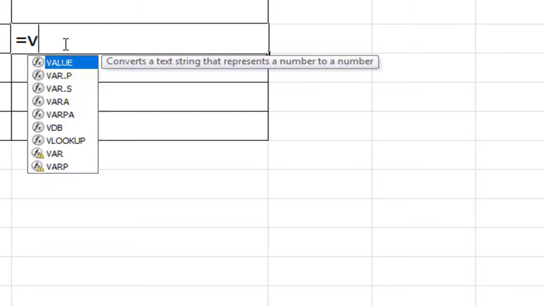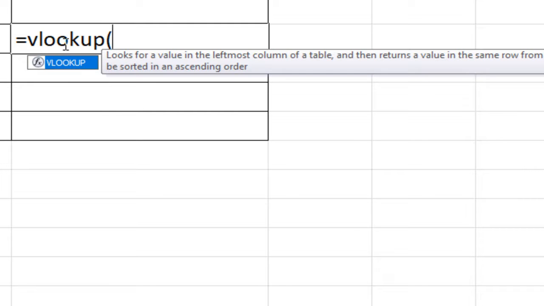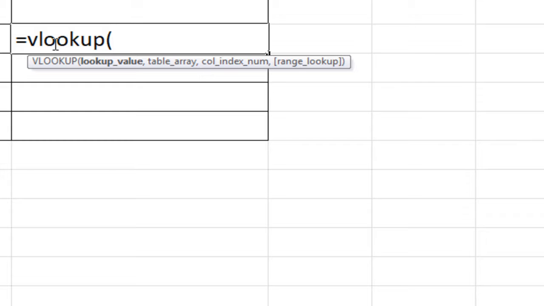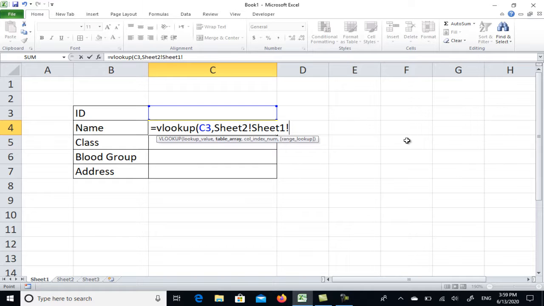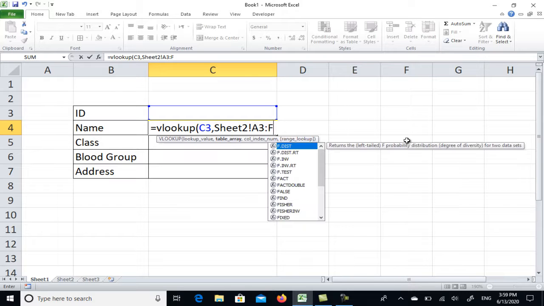Equals VLOOKUP, and we are looking at this cell which is C3. Then sheet 2, sign of exclamation, and the range is going to be from A3 down to F8. Sheet 2 A3 colon F8,